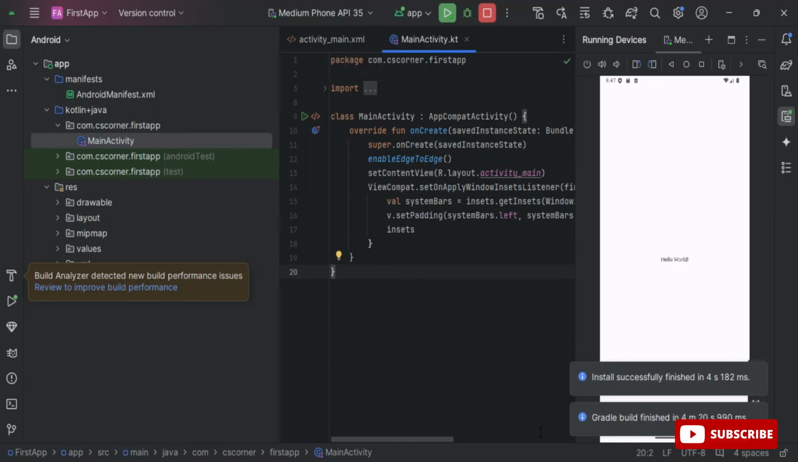I hope by following my video, you are able to install Android Studio and you are able to